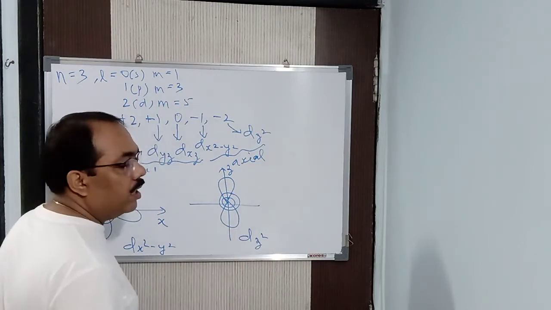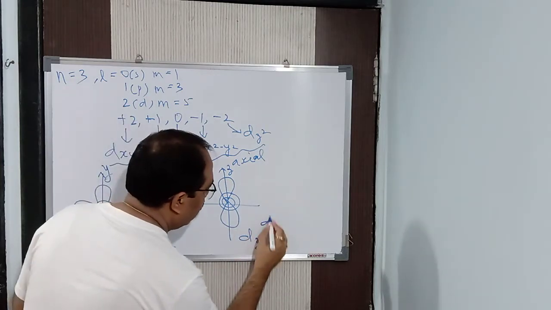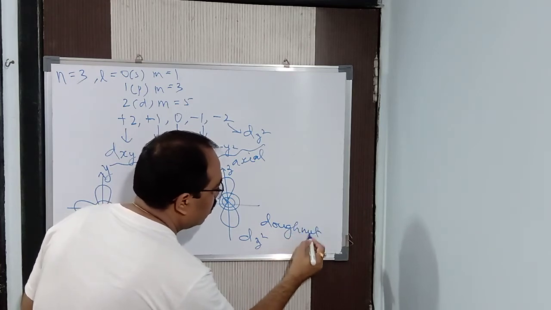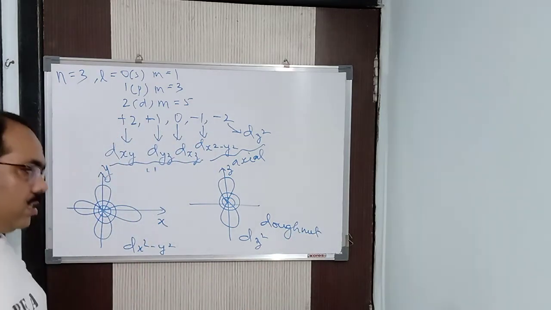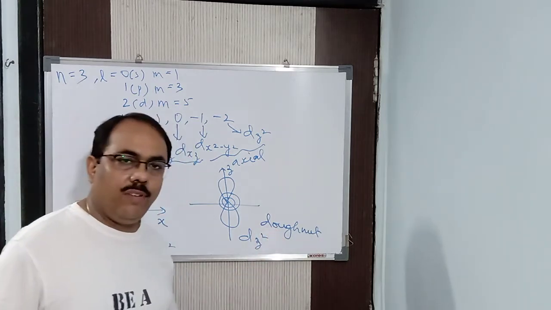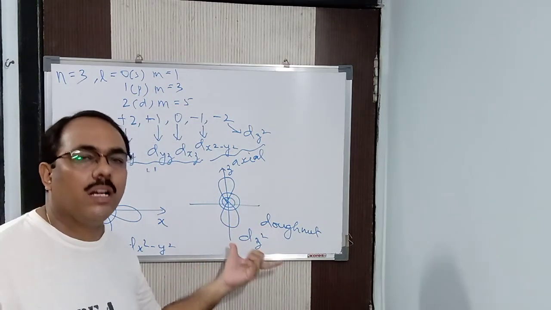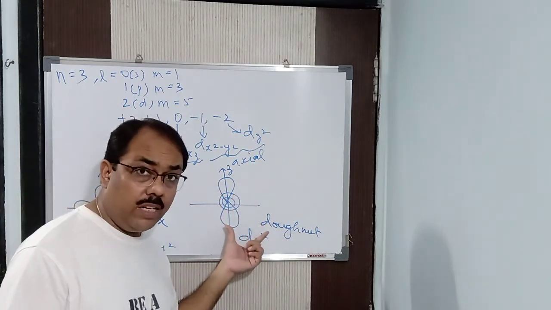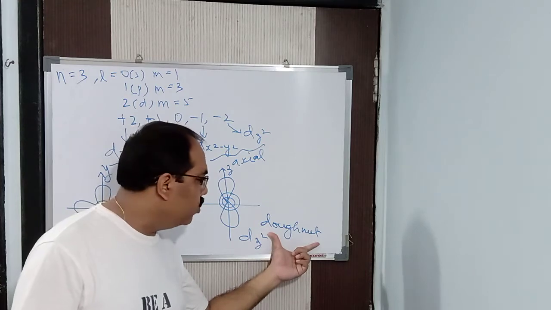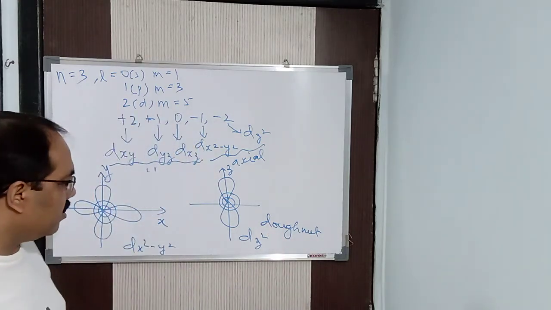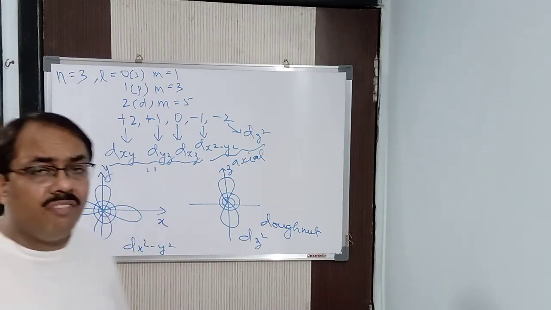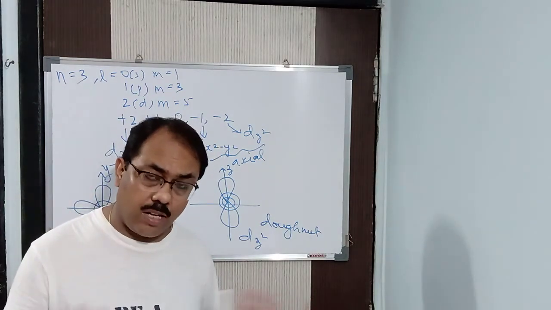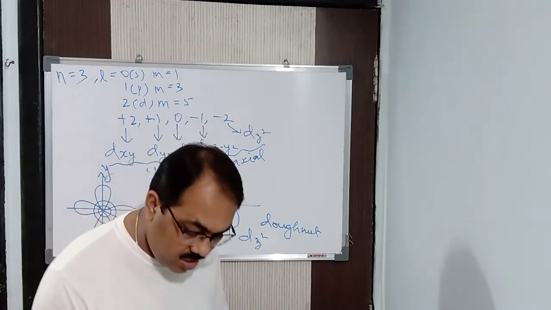We have got a particular name for this. It represents the shape of a nut, which is known as doughnut. The scientist has given this name because it represents a nut. So this particular orbital is also called donut shape, D-O-U-G-H-N-U-T. So these are the shapes of the 5D orbitals. That is dxy, dxz, dyz, which are planar, and dx square y square and dz square, which are axial.